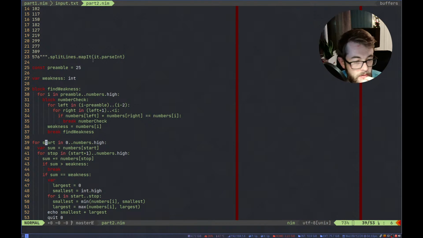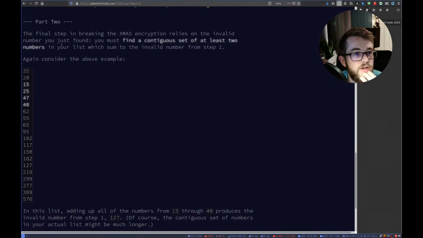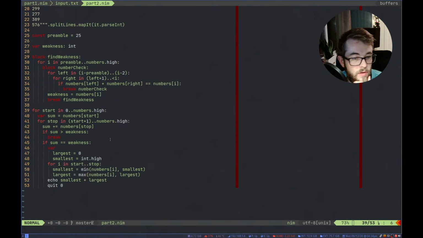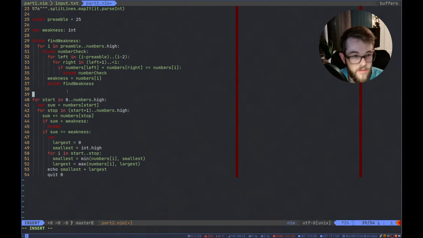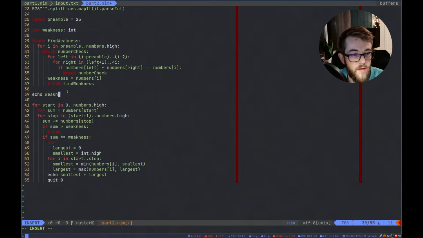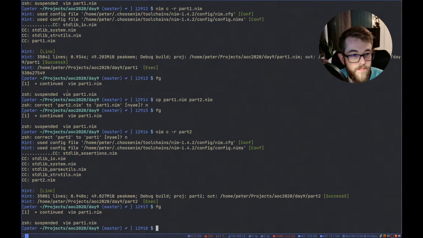Inconvenient. So what should have happened here was that start should have gotten to 2. So let's just echo out the weakness and make sure that's correct.